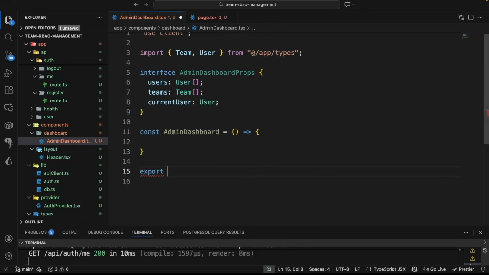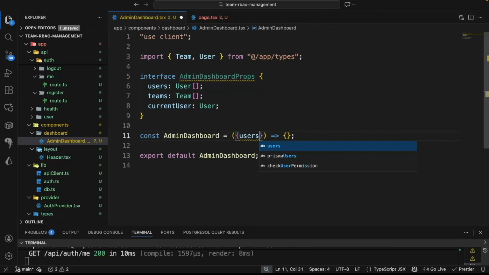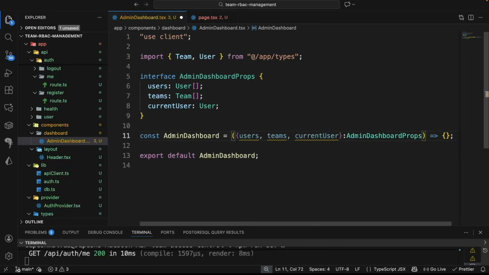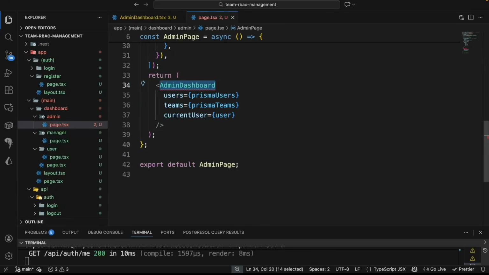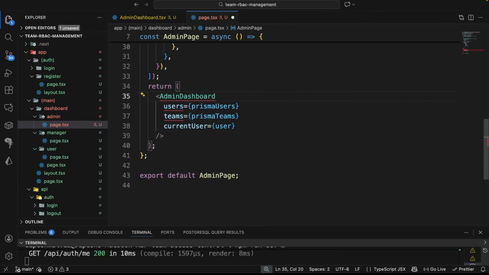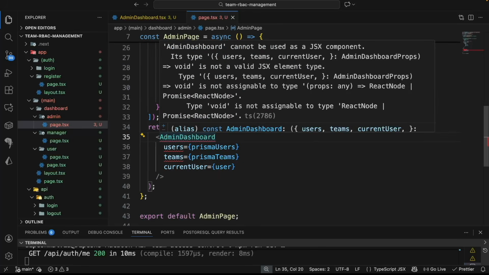So I will have the export default admin dashboard, and here we are going to get the users, the teams, and the current user, and the type of them will be the dashboard props. All right, now if I go to here, then let's import it. So I'm going to have the admin dashboard. All right, if I go here, then I see an admin dashboard, and here